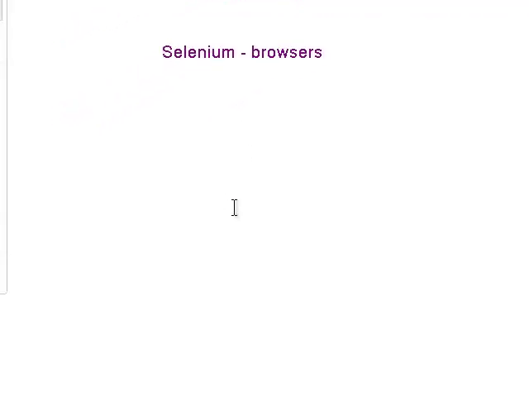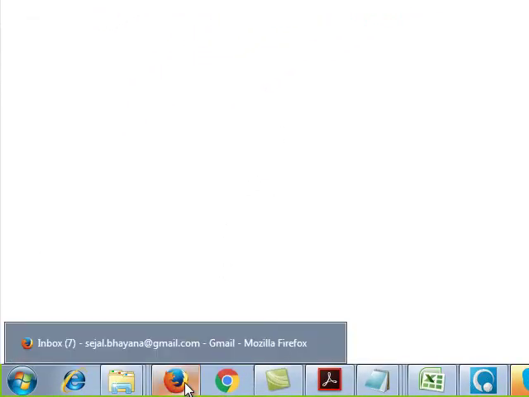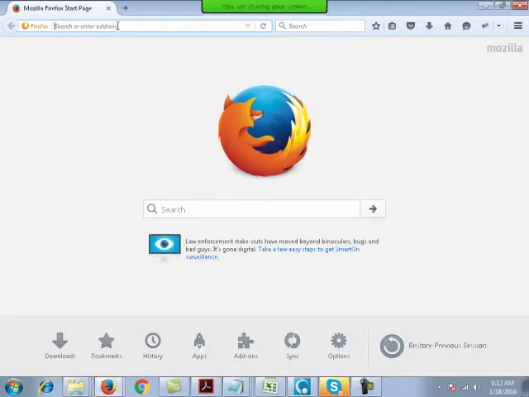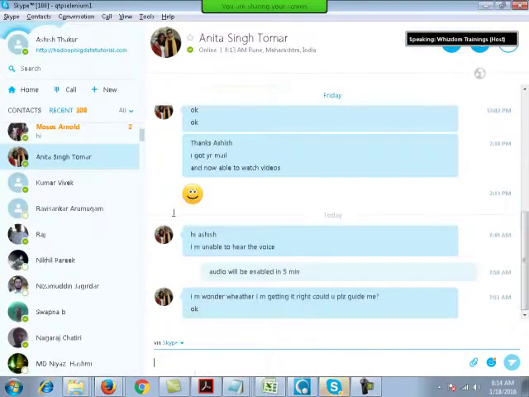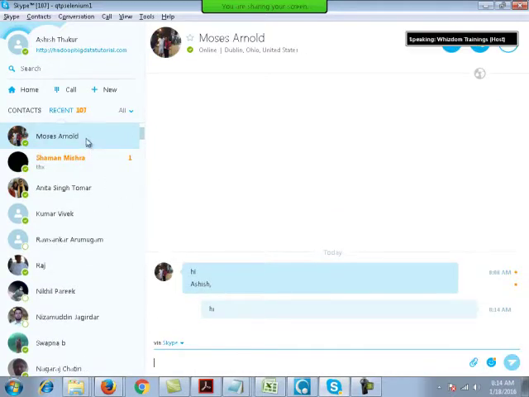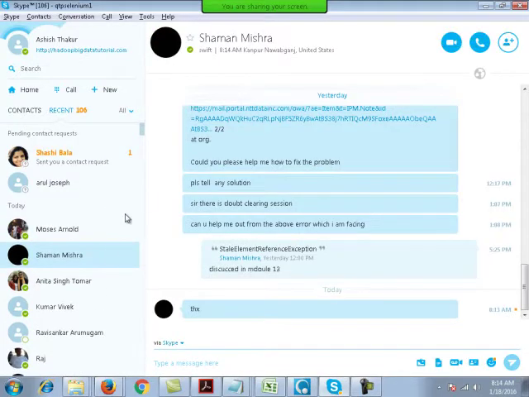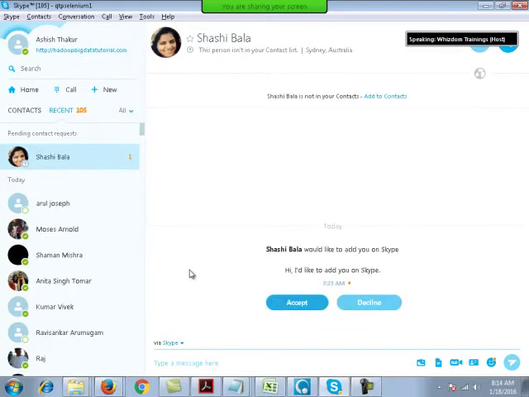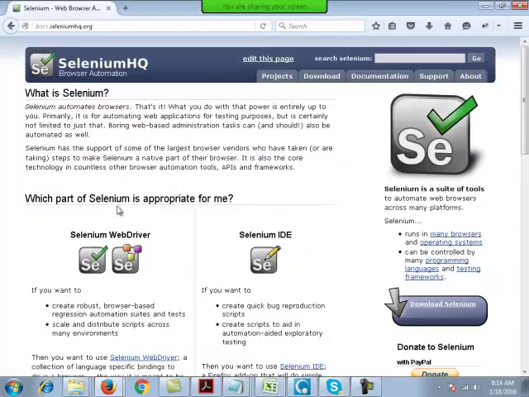The official website of Selenium is seleniumhq.org. Over here the first line says Selenium automates browsers.